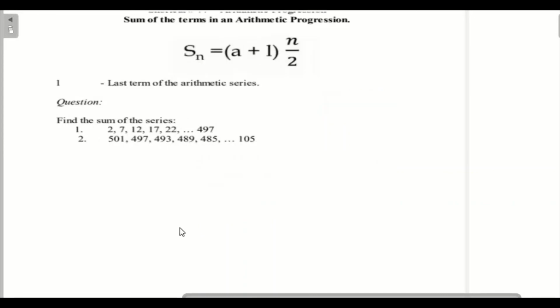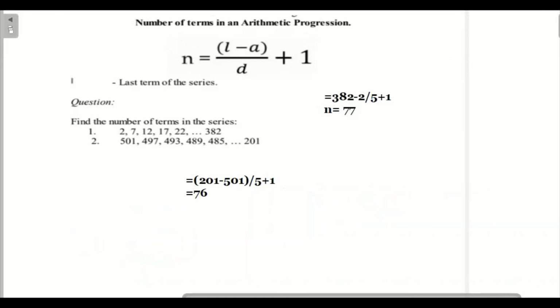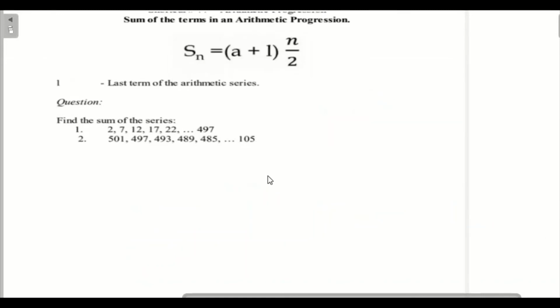So we'll move to the next sum, that is, we have to find the sum of the series. In the first sum, we have to find the 100th term. We have to find the nth term of the series. In the second sum, we have to find the total number of terms in the series. The third problem, we have to find the sum of the series. So what is the sum value of the series? So we have to substitute as it is in the formula. So for the sum of the series, our formula will be a plus l into n by 2.